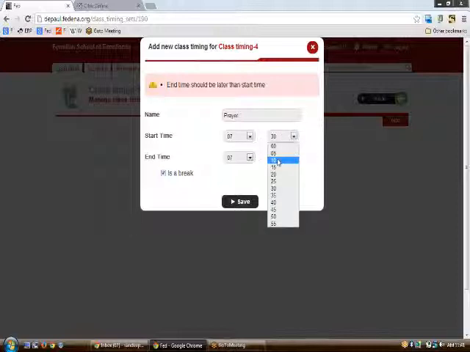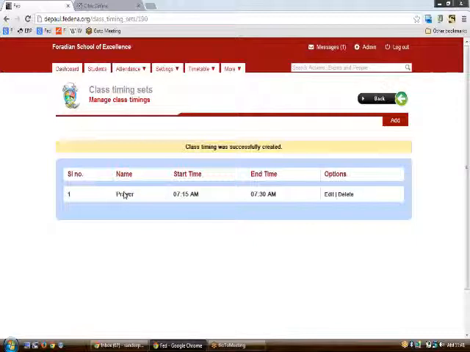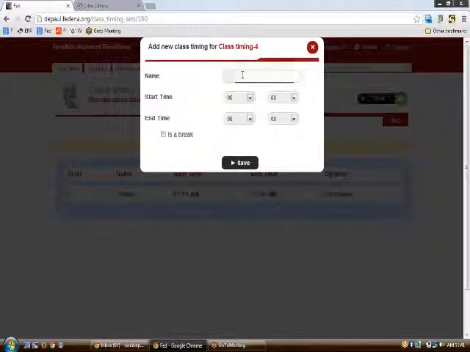We have just reversed the times, so we are getting an error message here. So 7:15 to 7:30 would be the one that we need to create, and on clicking save, a period with the name prayer has been created from 7:15 to 7:30. Now we can keep on adding the whole set for each of these things, like